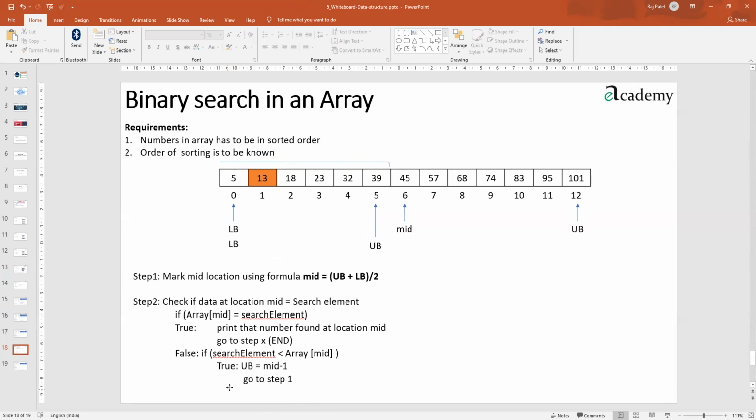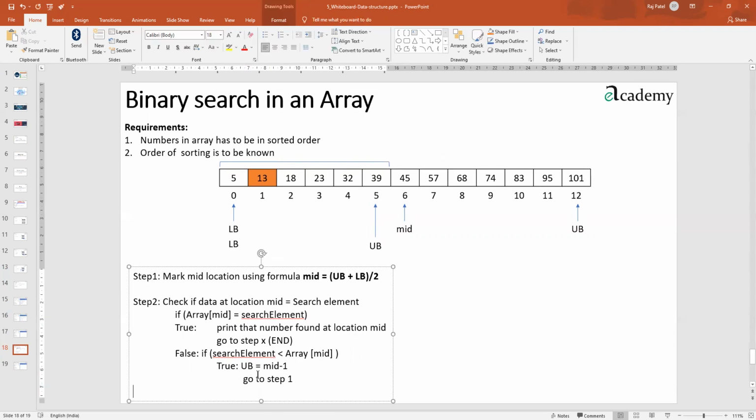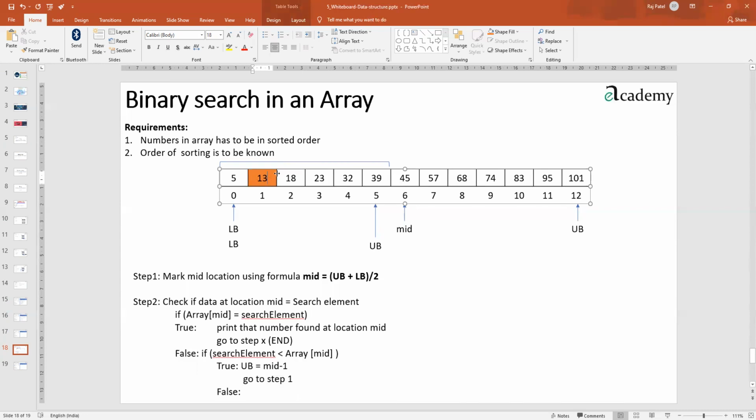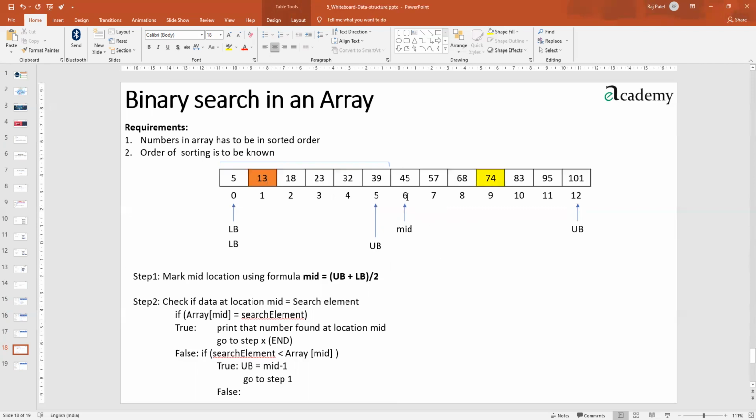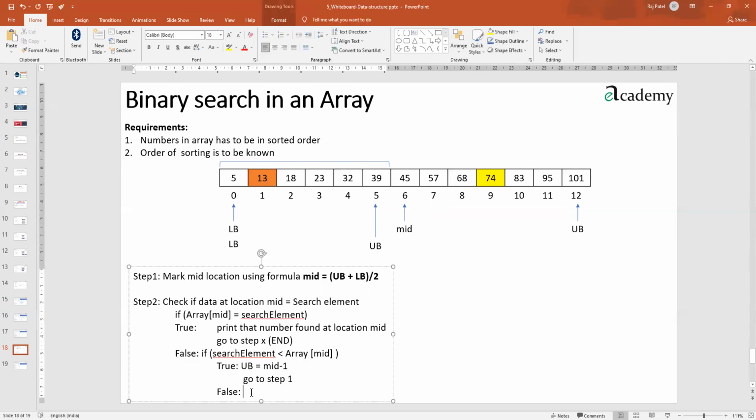But remember, we have one more false case to be written, because this false case means the number is not on the left-hand side, it is on the right-hand side. If, let's say, we wanted to find this green or yellow box 74, then our new range would have been this, right? And in that case our LB will be changing.